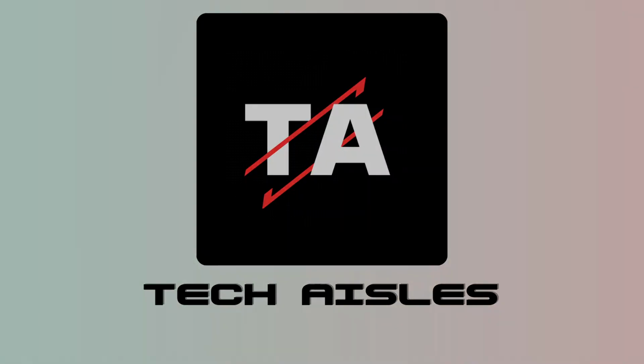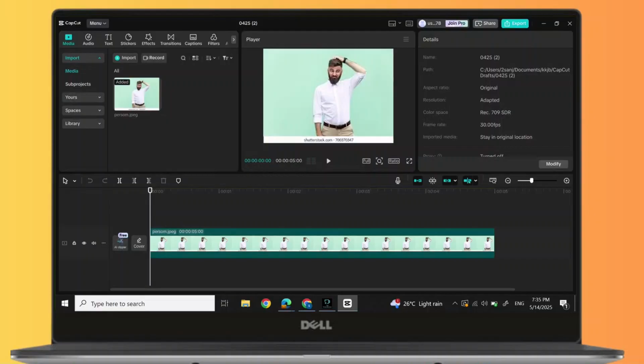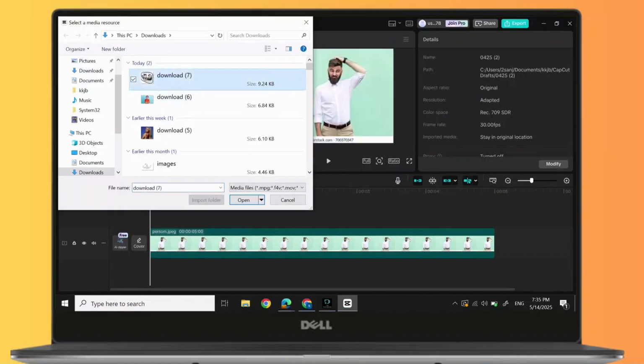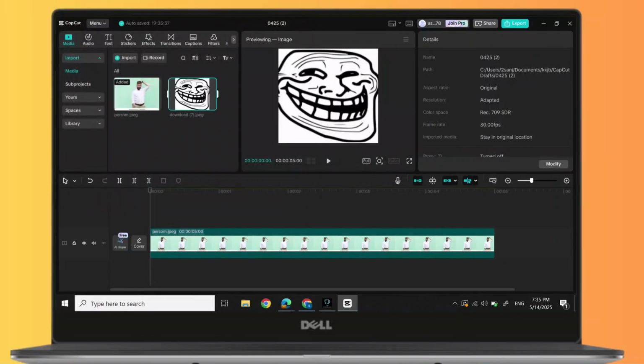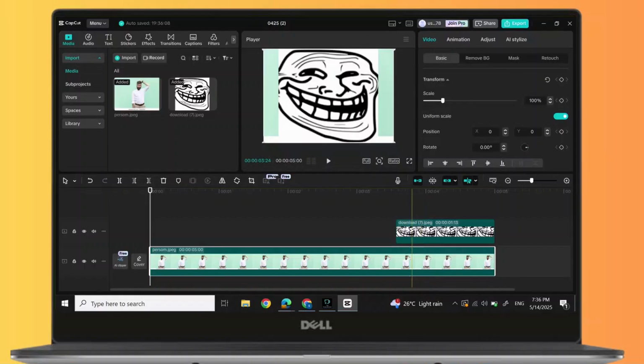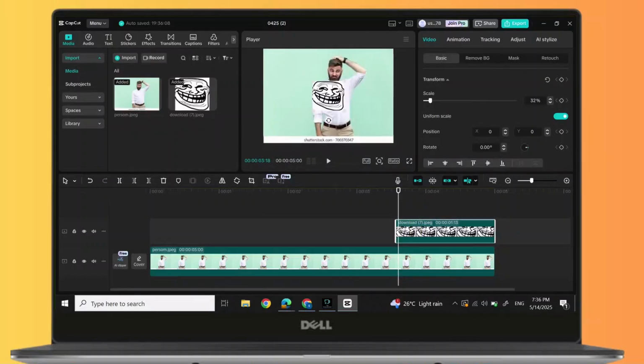Let's jump right in. First, open CapCut PC, import the picture or the video. After that, import the throw face picture. After you import it, drag it to the timeline where you want it to start. Then click on the picture, which is the throw face, and you can simply adjust where you want and which